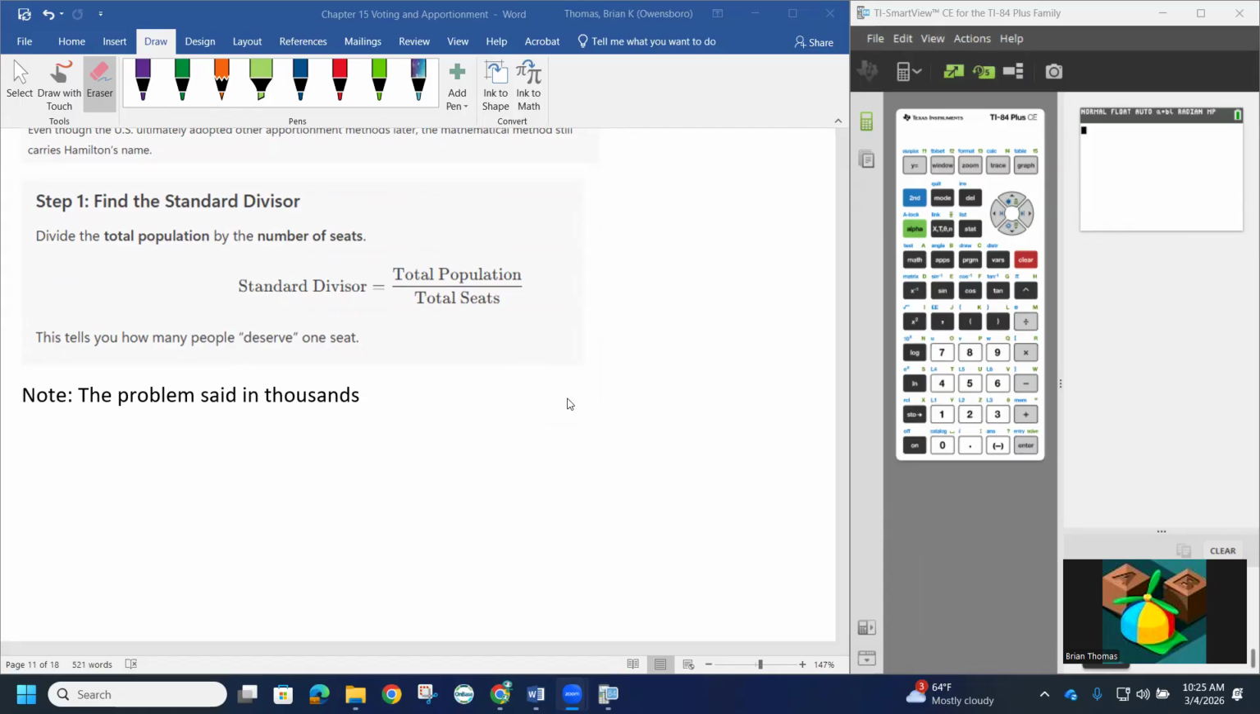We have the total population divided by the number of seats. This is what's called the standard divisor. In other words, this represents the people per one seat. This tells me how many people share, as a state, one seat of representation. So we'll ignore this for the time being. Once we find this standard divisor,